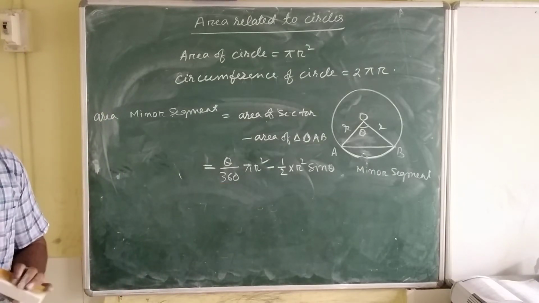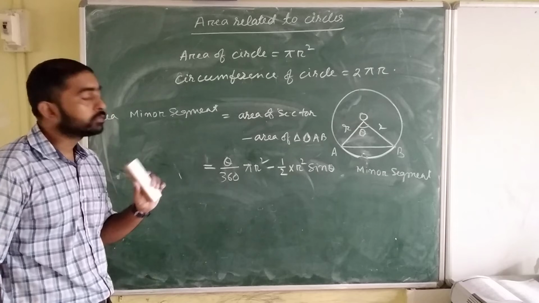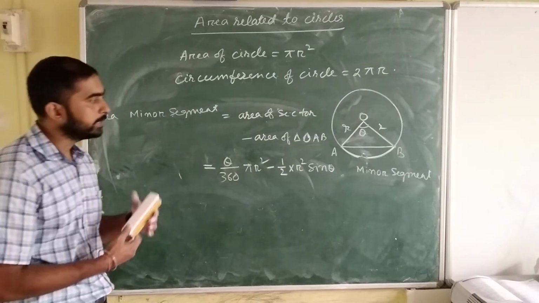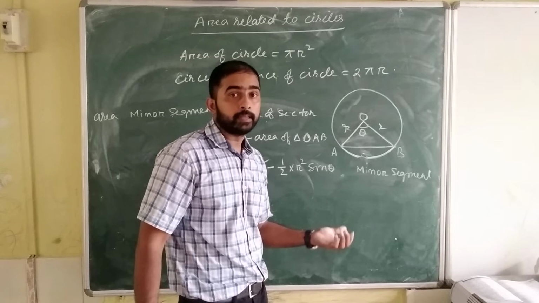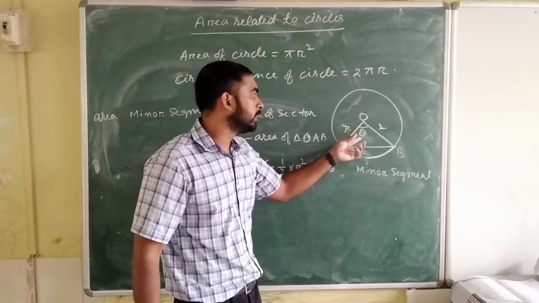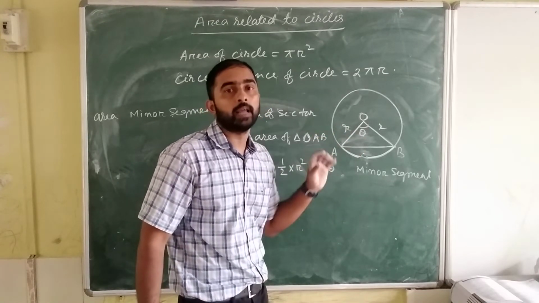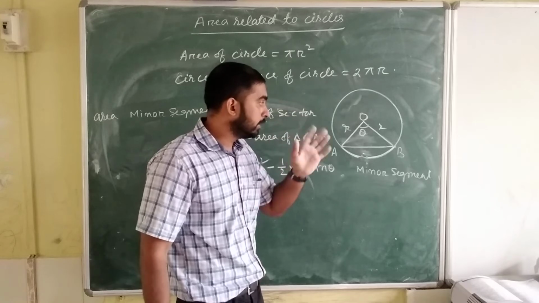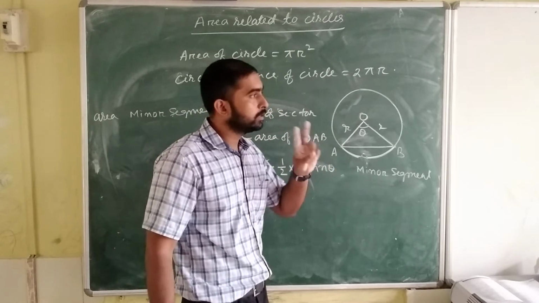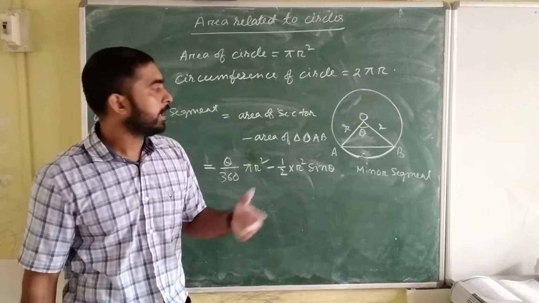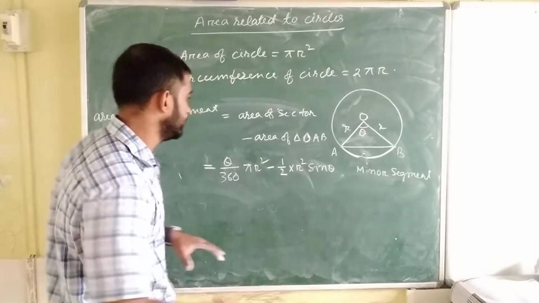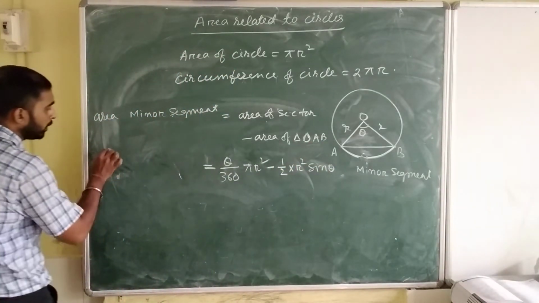We'll use this one. Now see, there is another problem, because in mathematics we have the trigonometry table up to sine 90. But if theta is given as 120 or 150, what will happen? In those cases, you need to remember 2 values: the value of sine 120 and the value of sine 150.